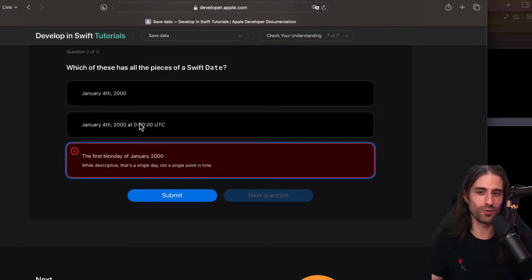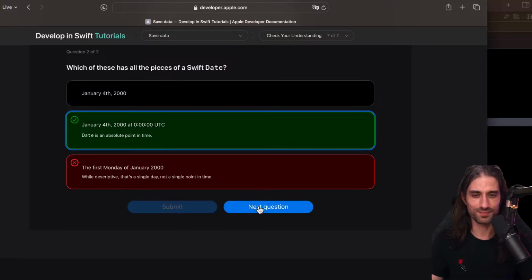And of course, I clicked the wrong one, but I meant to click this one. And yeah, this one, the problem is that while it's descriptive, it's a single day, so you don't have the hour, actually. You have neither the hour nor the time zone. And you also need the time zone to know when something happened, because if I tell you this happened at 8 p.m., it's not the same point in time if it's 8 p.m. in France or 8 p.m. in Japan or 8 p.m. in the US.